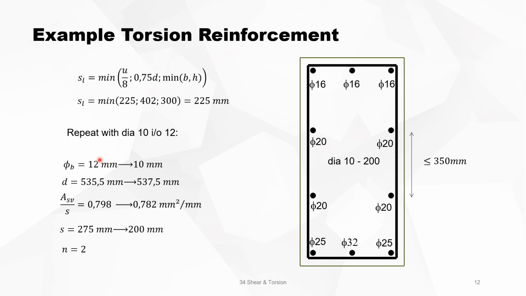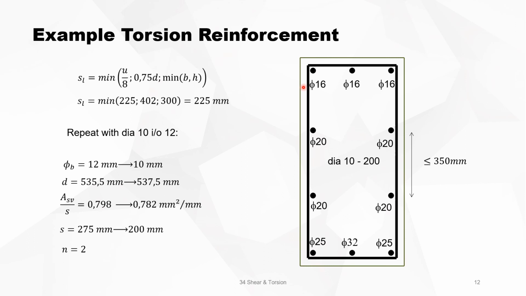If we do that from 12 to 10, then D changes a little bit, ASV over S changes, and we see that the distance between the stirrups, with diameter 10, is now 200 with 2 legs. So this is now the corrected stirrup quantity,